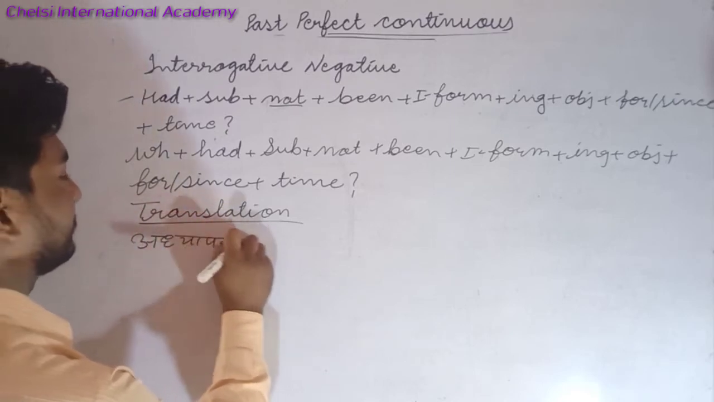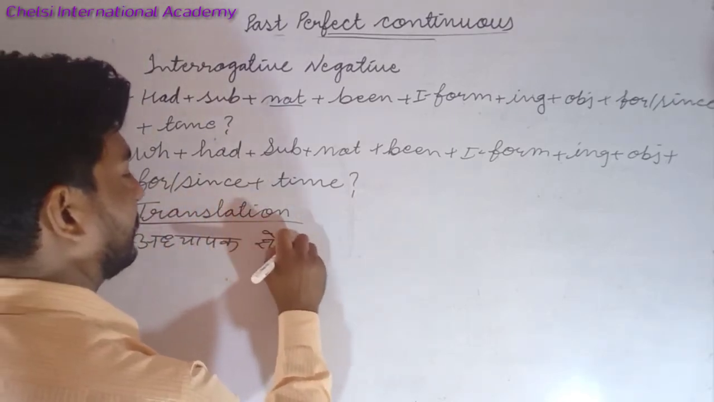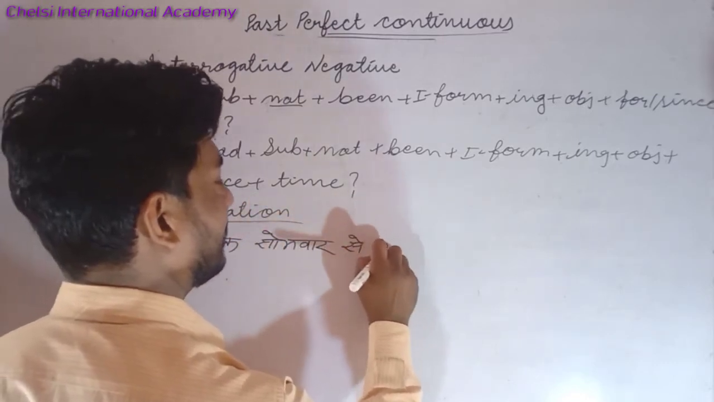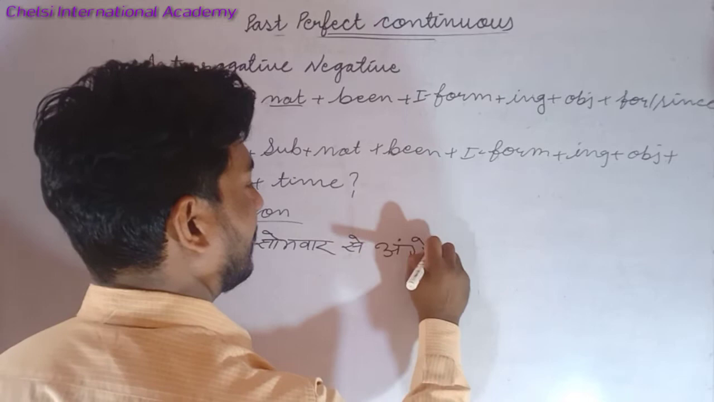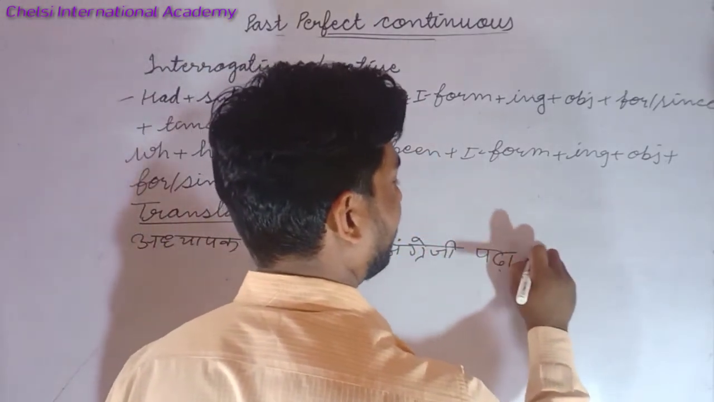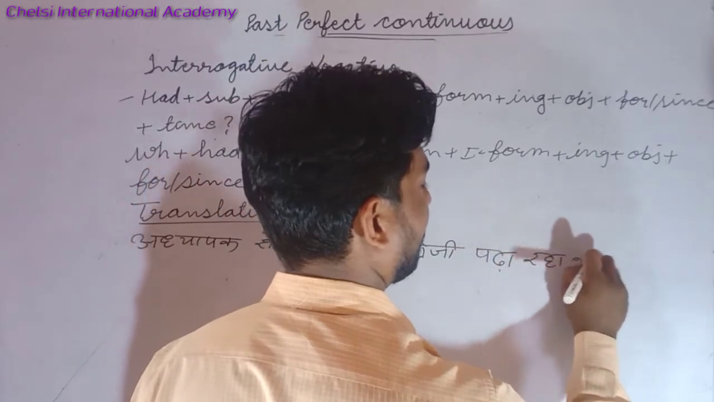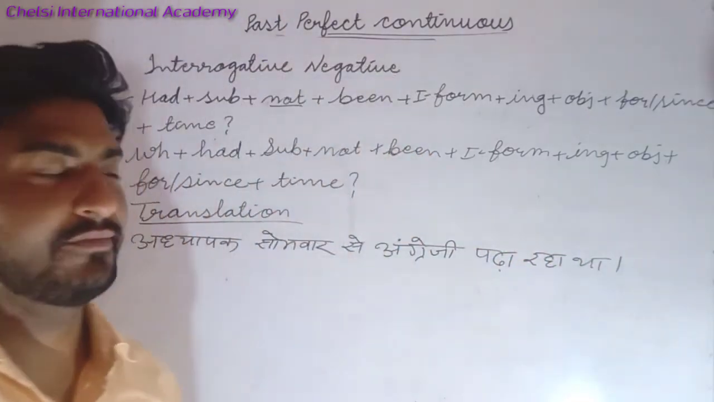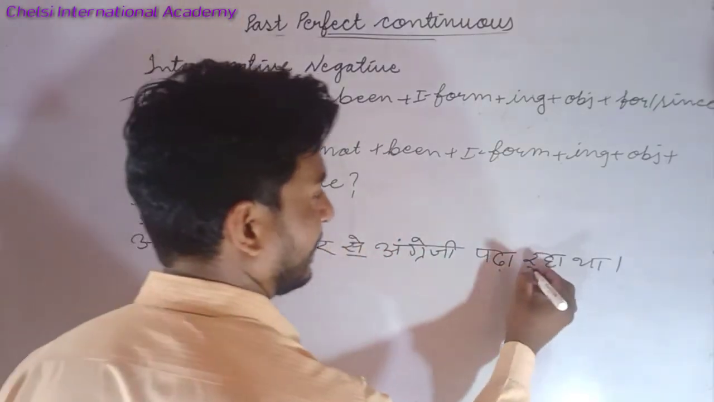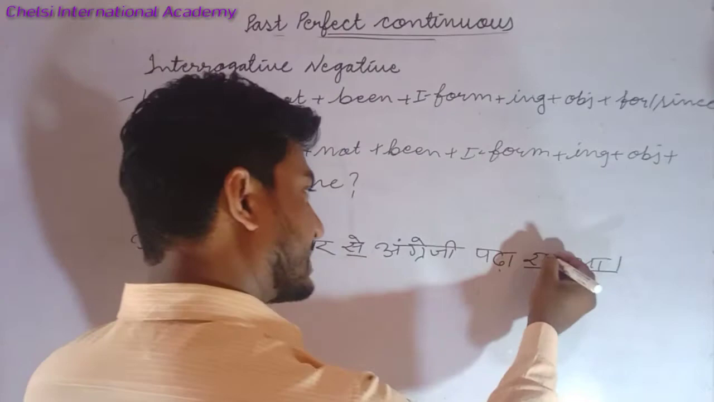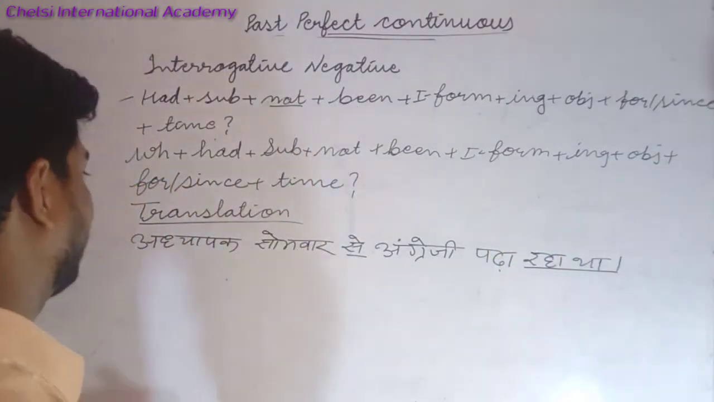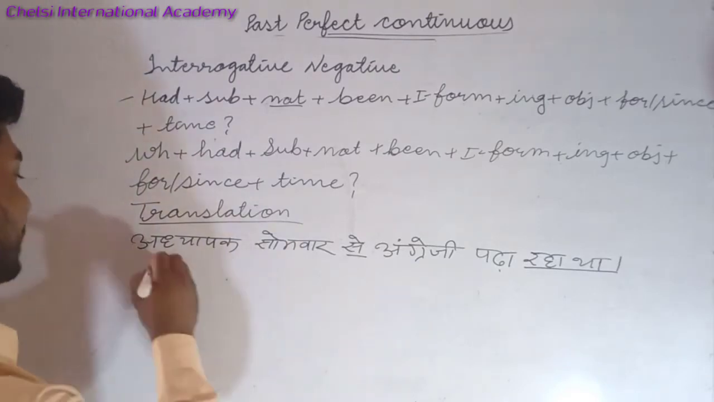अध्यापक सोमवार से अंग्रेजी पढ़ा रहा था. If we read this Hindi sentence, there is से and रहा था. That shows the particular sentence is past perfect continuous tense. First of all, we write the subject, the teacher,